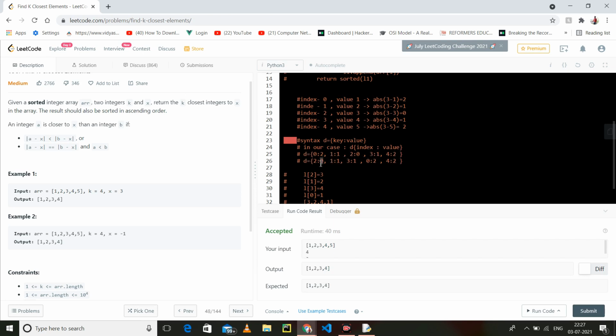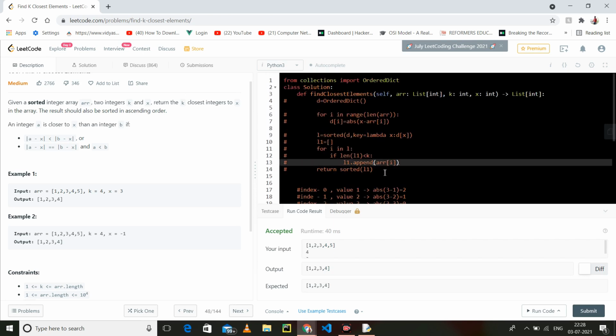With that absolute difference, I have attached a key, and the key is the index. So I have sorted by absolute difference. Now we can say that these are the values, these are the absolute differences, and these are the values closest to x. So all things are arranged. Now I just have to take the index of the values whose absolute difference is less. For fetching that value we need the index, and for that I have stored the index as a key, so I can directly go to that index and fetch the value from the array. I hope you have understood.